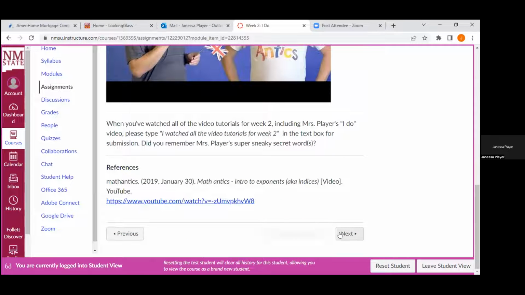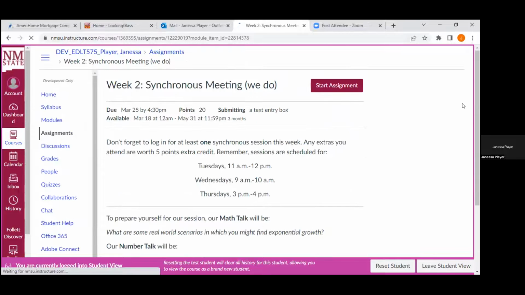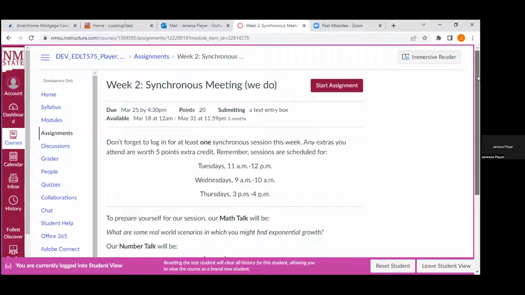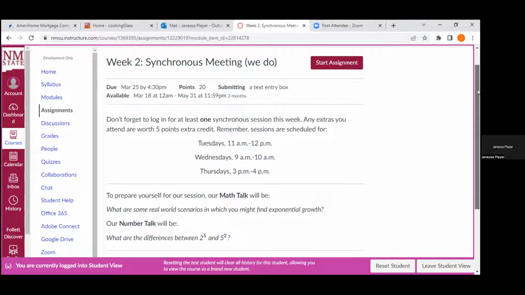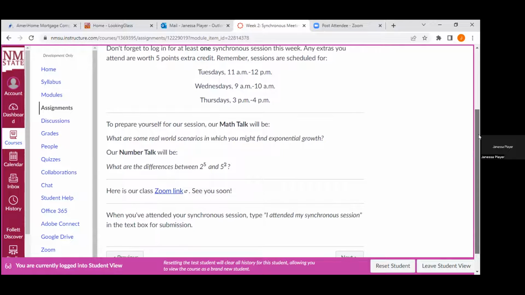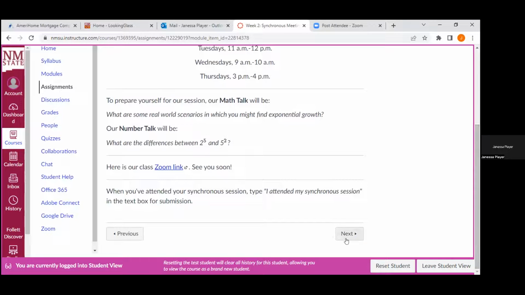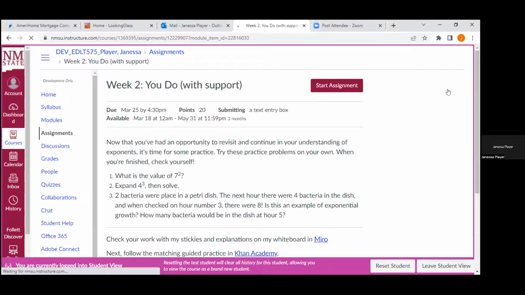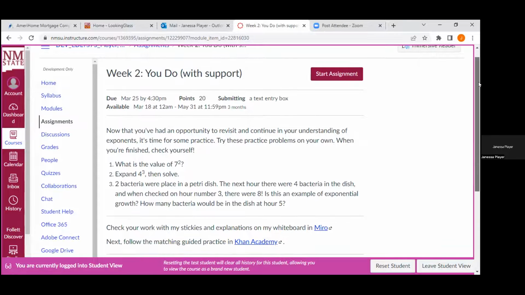And then they get credit for tuning into all of the tutorials. And I've left them secret words and messages in the videos, which I actually did. If any of you look at my course, I did do that in my videos. So they can type in those secret words in the text box. And then preparing them for their sessions, I've got number talks and math talks so that it's higher level discourse about the topic. So they're preparing for that in advance. That's shared with them ahead of time so that they can go into breakout rooms, etc.